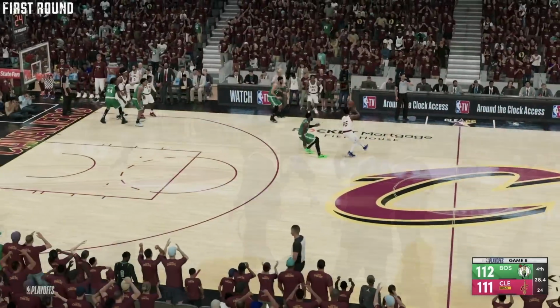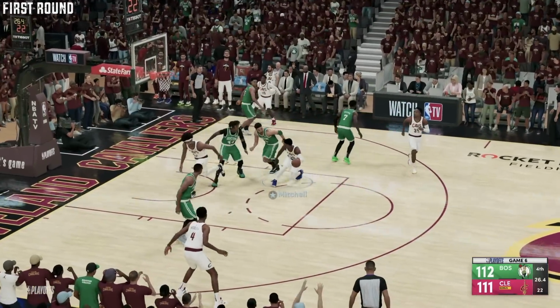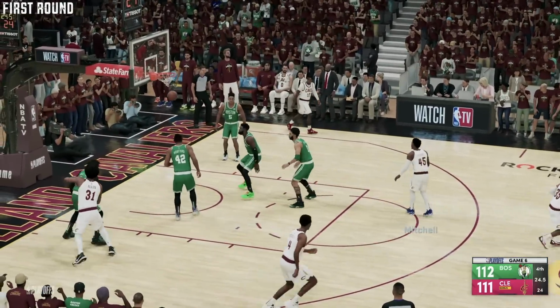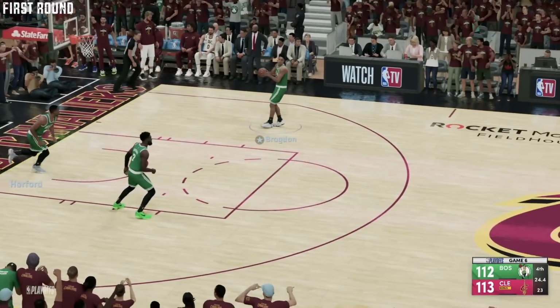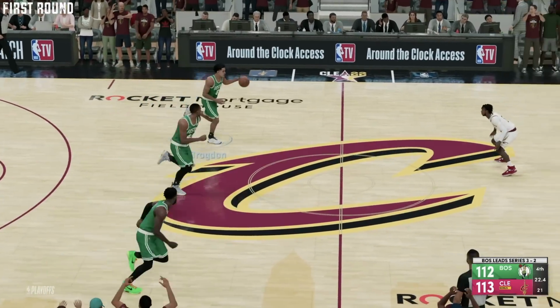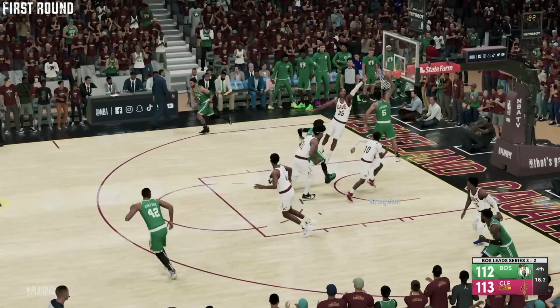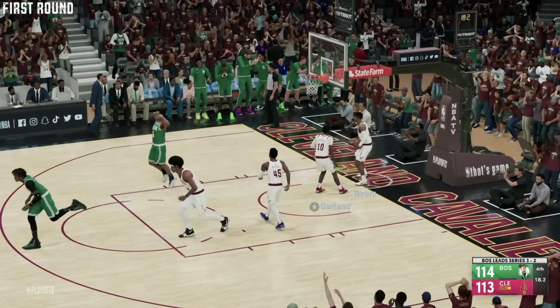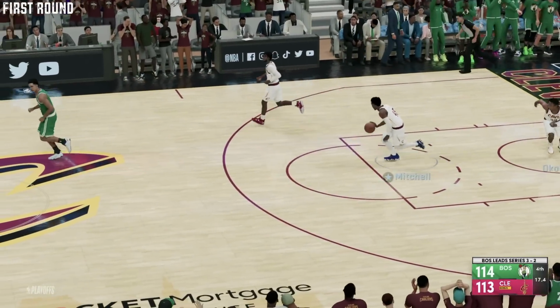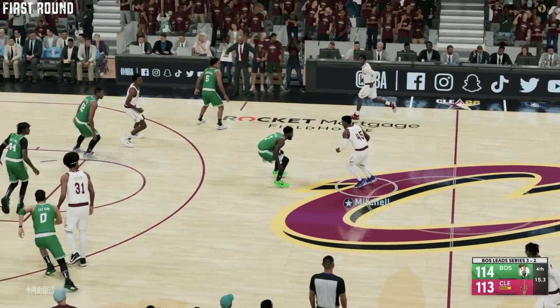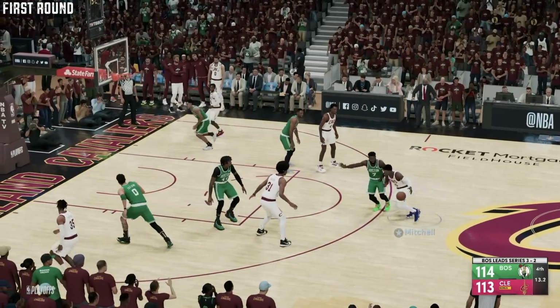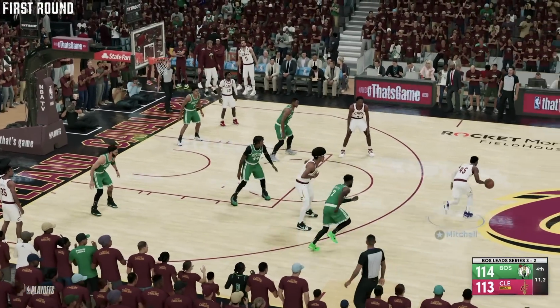Timeout Cleveland, and again their season on the line as Mitchell gonna take it early. Fade away, puts it in. Donovan Mitchell, it's a huge shot for the Cavaliers, and now here come the Celtics. Can they answer back? I mean, what a wild game we got going on right now. As Brogdon, he has a lane, he throws it down. Oh my goodness, speaking of wild games, this is absolute madness, as here comes Donovan Mitchell again. The shot clock is off, the season on the line.